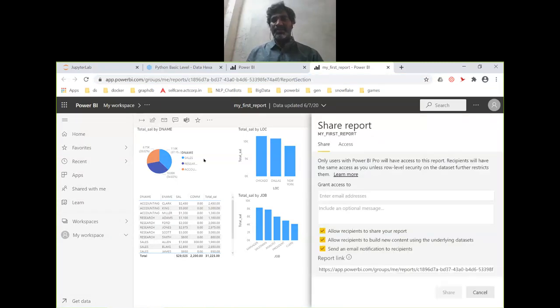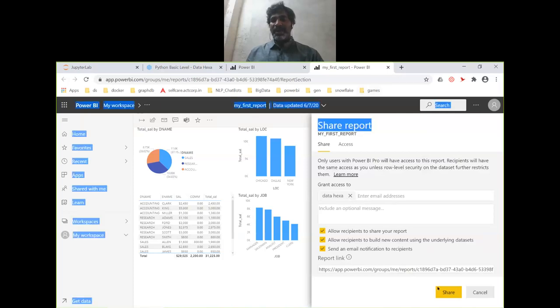Click on the share option, then it is going to ask you to whom you want to share the report. Enter the email address. Now I am in the ID ramreddy@dataexa.com. I am the person Ramreddy. And I want to share this to one person, info@dataexa.com. Ramreddy developed this report and is trying to share it to info@dataexa.com.